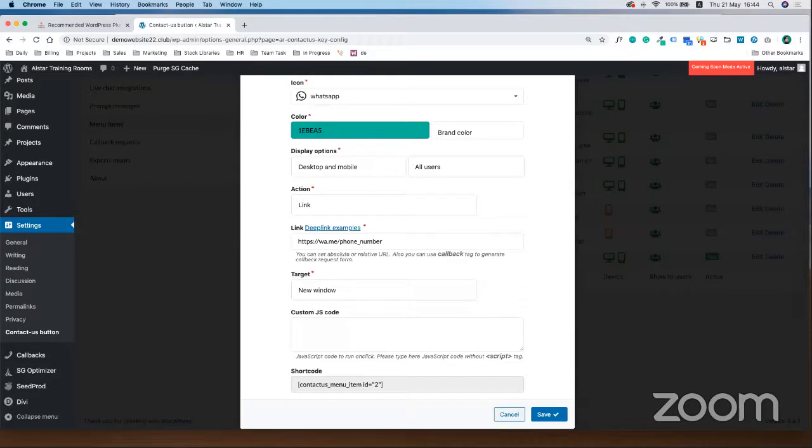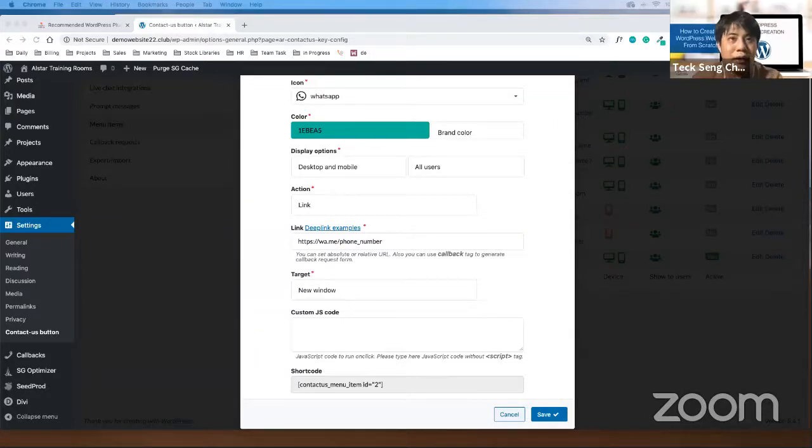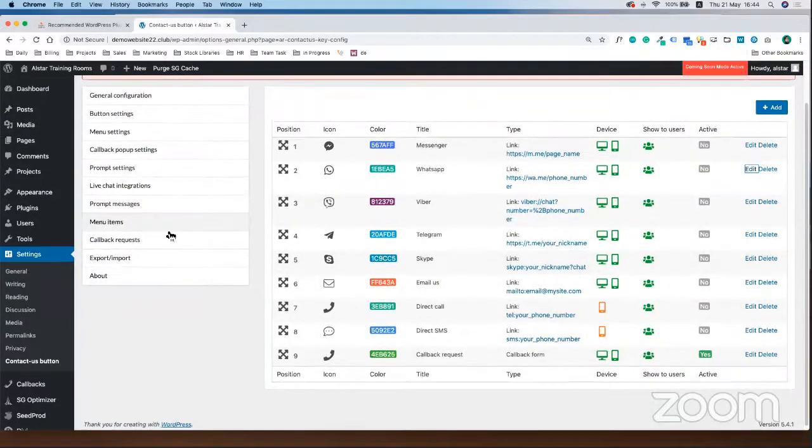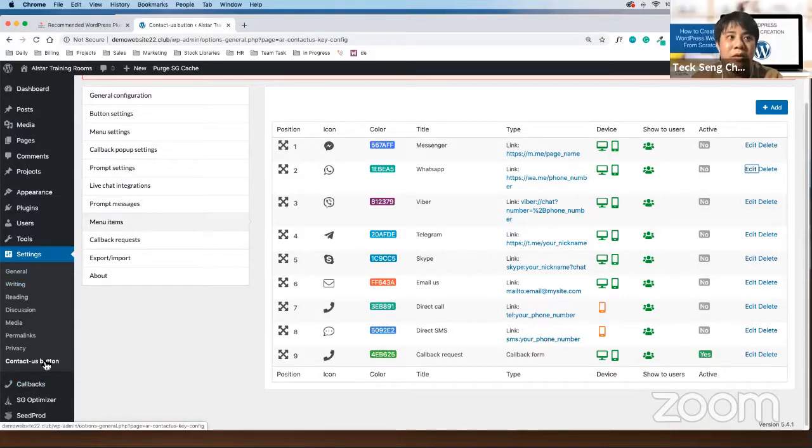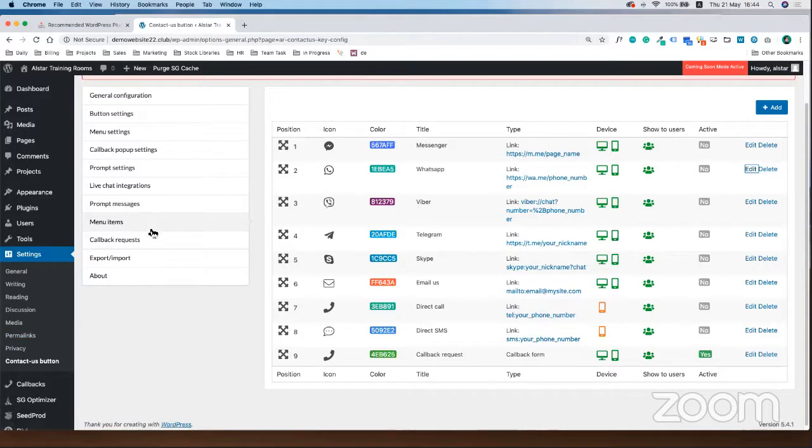I don't get it. Under settings, I don't see the WhatsApp. Yes, so under which settings again? The setting that is in your screen, but I don't see this menu. Settings, contact us button. Okay, then what should I do?